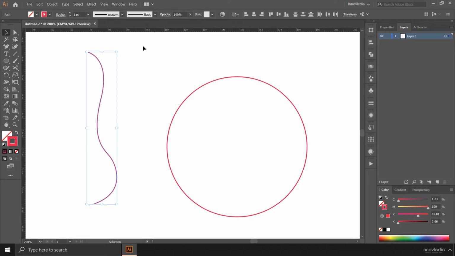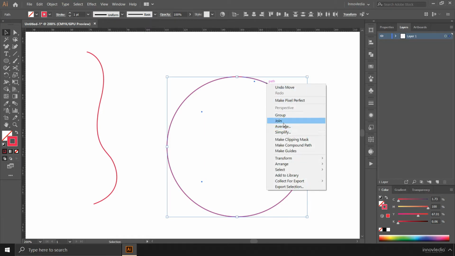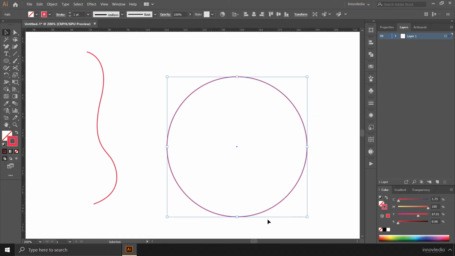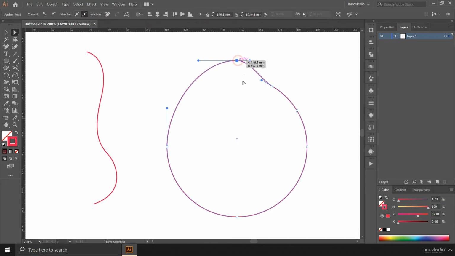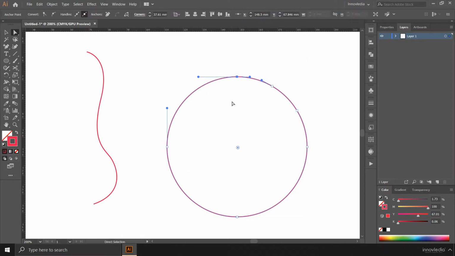Now all we can do is drag a marquee around these segments to select all of them, then right click on them and click on join to join these segments into one path and one shape. Alright. Now you can check it out, all these segments have been joined or not by using this direct selection tool. You can see there are not many anchor points, and if you drag these anchor points up, you can see this path connected. Alright, Control Z.